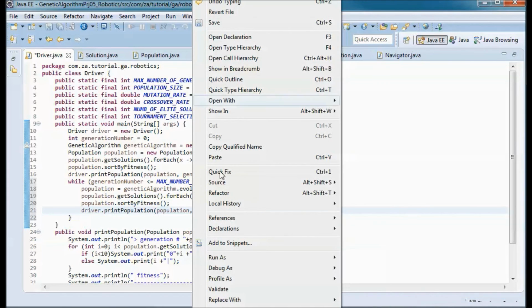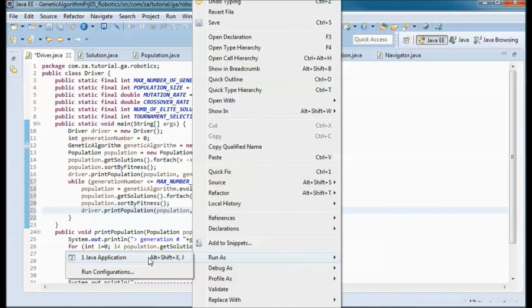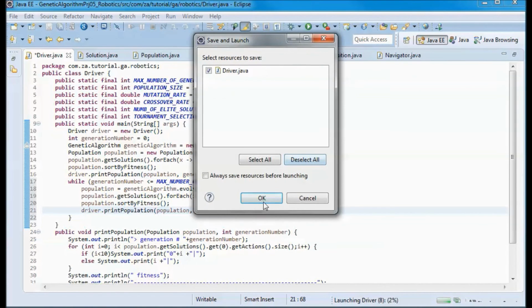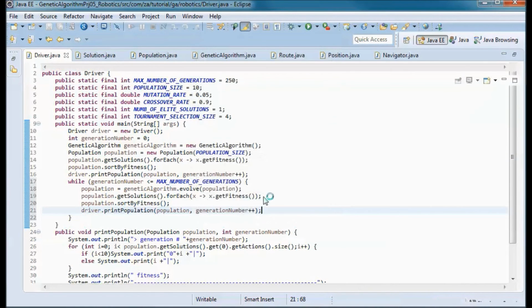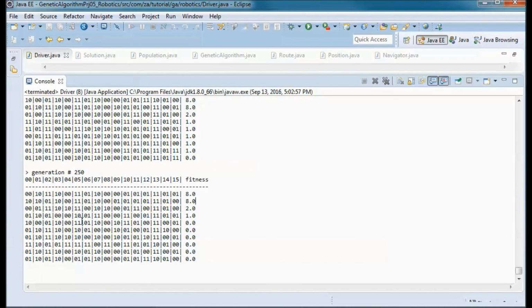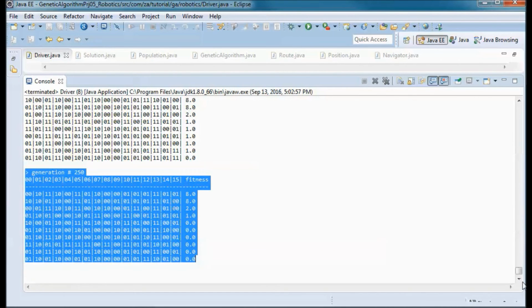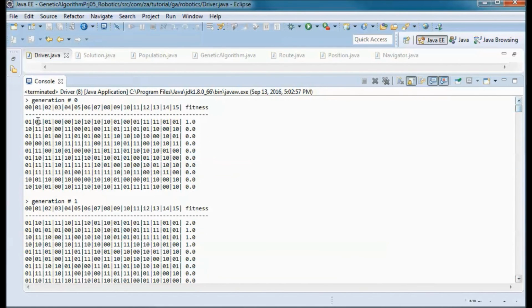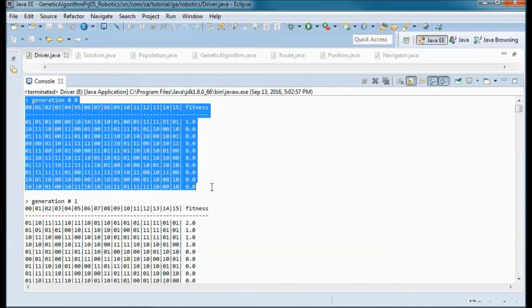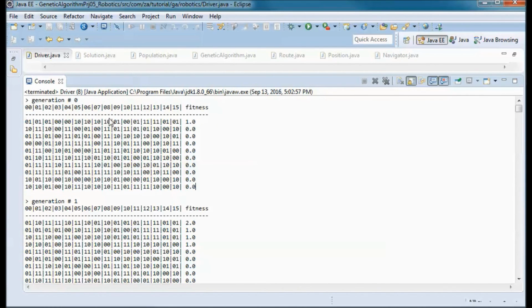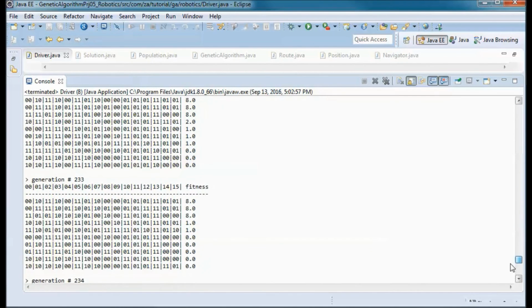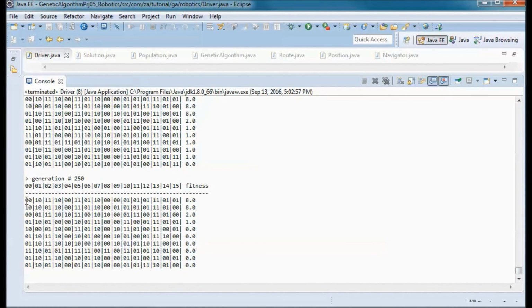So let's go ahead and test run it again before finishing up the remaining code. So here we go, we went to generation 250, and we started from generation 0. So this was the fittest solution here, and this is the fittest solution here.